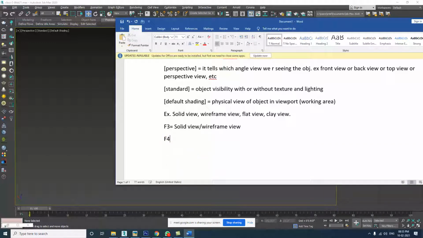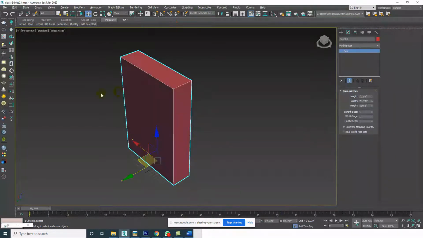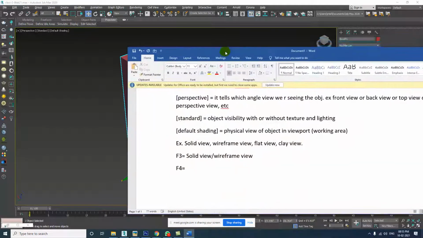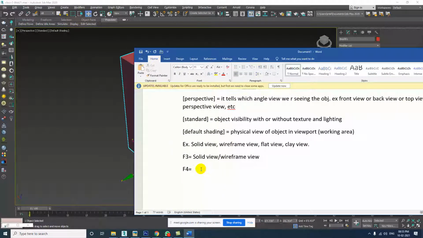F4. F4 is for what? F4 is for solid view plus wireframe view.